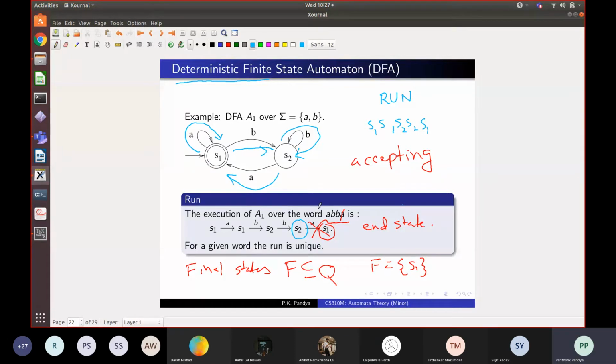Okay. So now we have this notion of final states, and every final state is denoted by putting a double circle on it. So we could have had another automaton where instead of F being just S1, we could have had F as both S1 and S2. That is, whether you are in S1 or S2, you accept. Such an automaton you will draw by putting a double circle here also. Okay. So the diagrammatic way of indicating the set of final states is clear to you? Yeah.